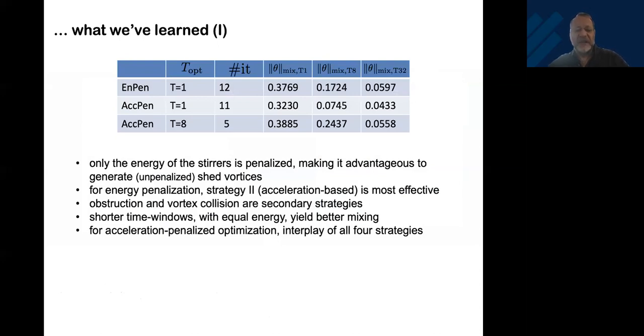Okay, so let me move on a little bit. This is just sort of the different strategies. We get very good mixing. We get all kind of a complicated interplay of all the strategies that are available for the optimization, and it's really, to us, very mind-boggling that the adjoint optimization, the nonlinear adjoint optimization, actually finds all these ways and these complicated interplays and uses them to get the job done that we ask of it.